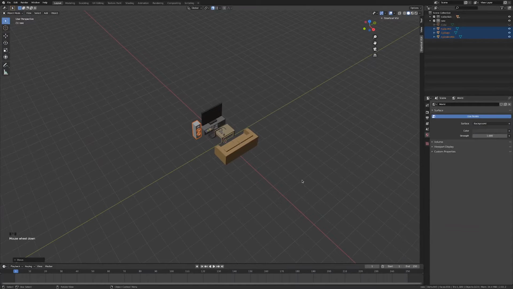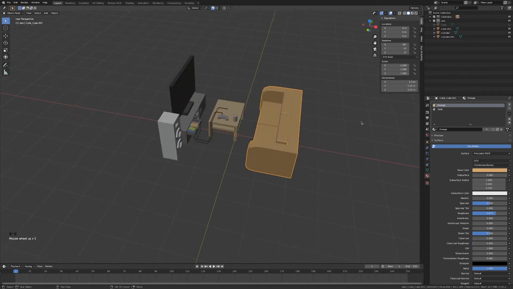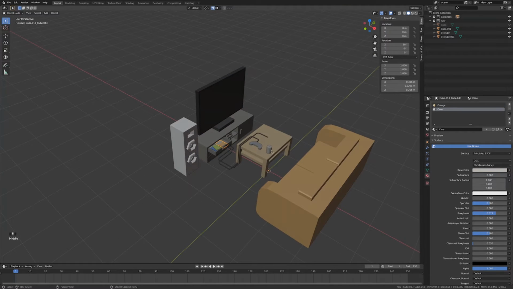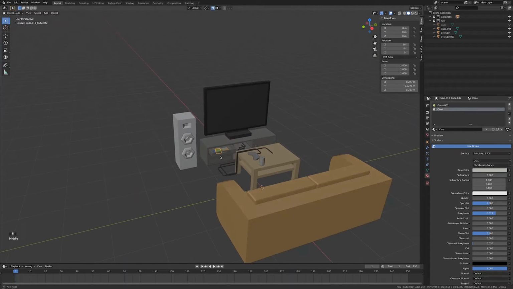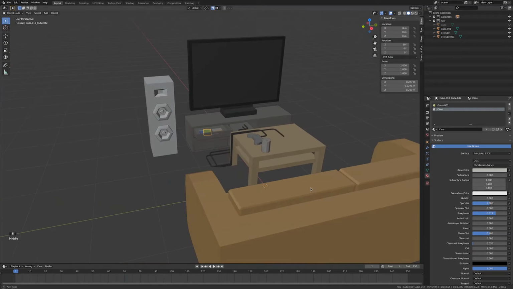Okay, the next step is going to be texturing these models. At the moment, they all have individual materials applied to them. If we tab into the sofa, for example, it has orange and desk. The books have also orange and cans. They're reusing some materials, but we're going to aim to reuse all of the materials and map everything to one